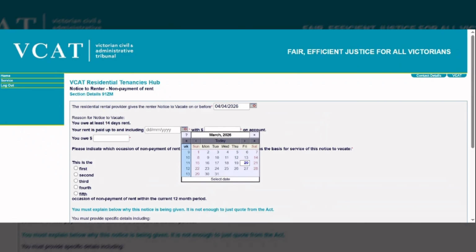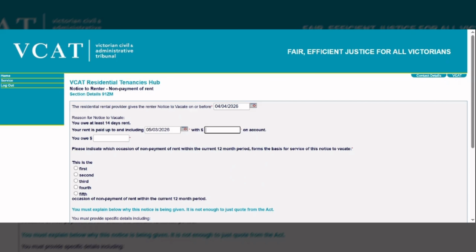For example, they have paid till 5th of March with $500, and they are left with this much amount. Accordingly you need to fill in the details.